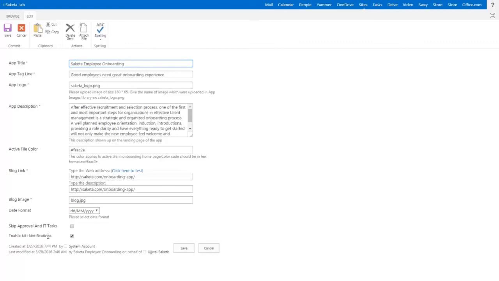Enable new hire notifications is really to send the new hire certain notifications. When this is checked, the human resource team can assign certain forms, for instance, the I-9 forms and the W-4 forms, to the new hire, and he will get a mail with a link to a particular page where he can go through those documents and give his consent. If this is not checked, then that will have to be inputted into the system manually by the human resource manager. So this is the flexibility that we give you based on the policies of your organization. You can check the appropriate box.